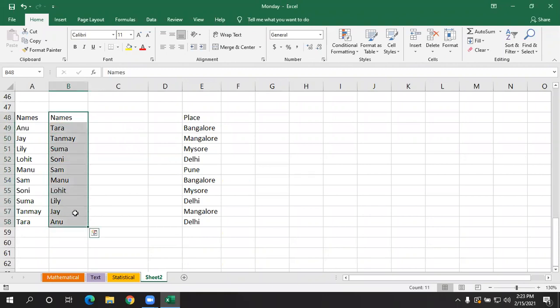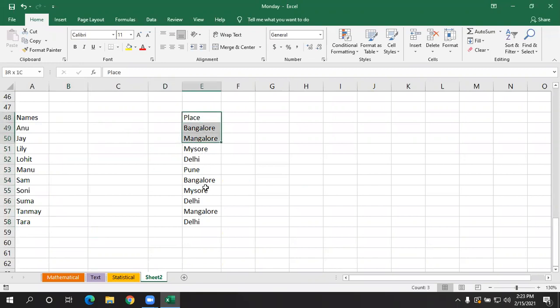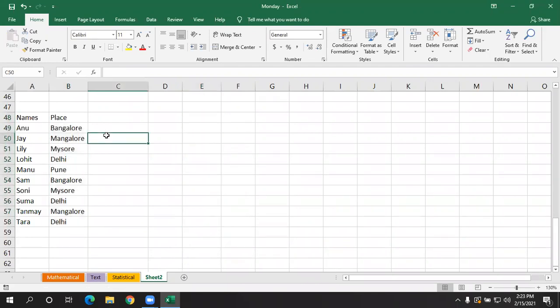Okay. Now I'm deleting this column. I'm going to cut this and then paste it in the B column. What is the shortcut key of cut? The shortcut key of cut is Control X. I hope you remember, the shortcut key of copy is Control C. For cut, it is Control X. Select the range, use cut, Control V, paste.